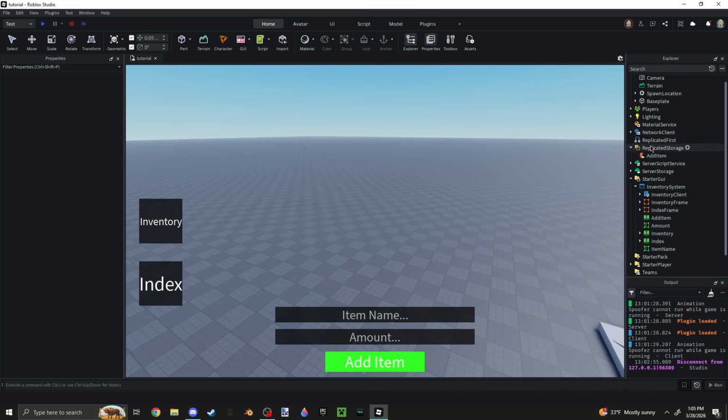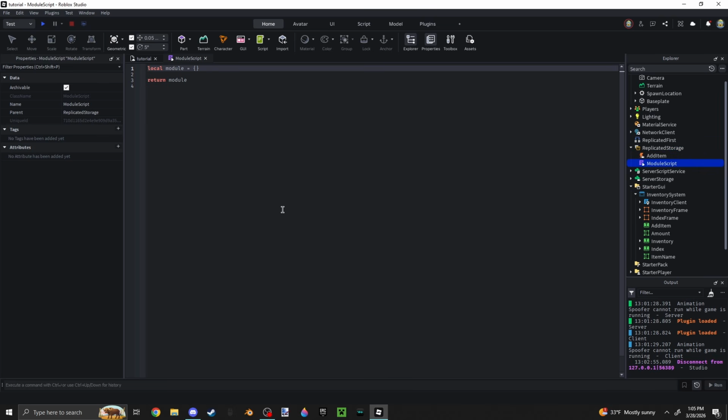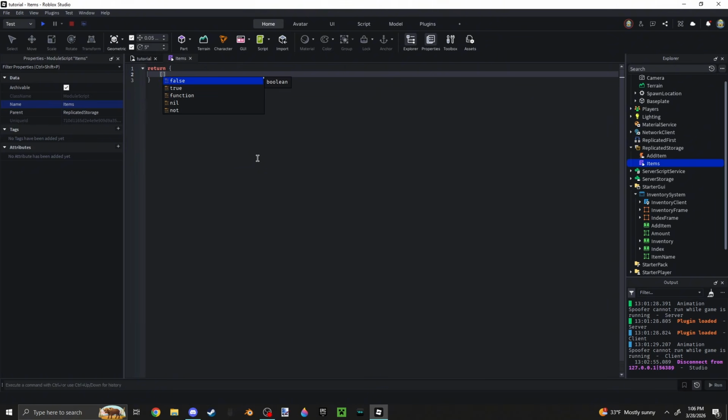So now what I'm going to do is inside replicated storage, I'll make a module and I'll name it like items, I guess. And we can delete all this. We can return a table. And inside this table is where we'll hold all the items within the game. So I'll have like a knife, and this can just be equal to a table, and inside this table,